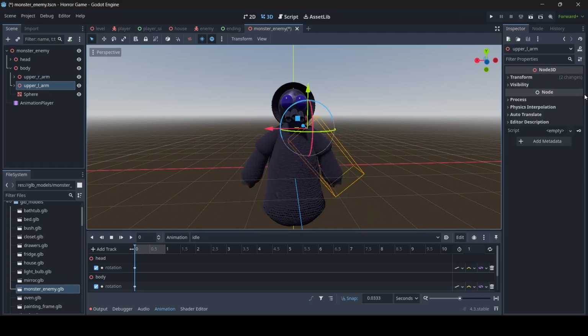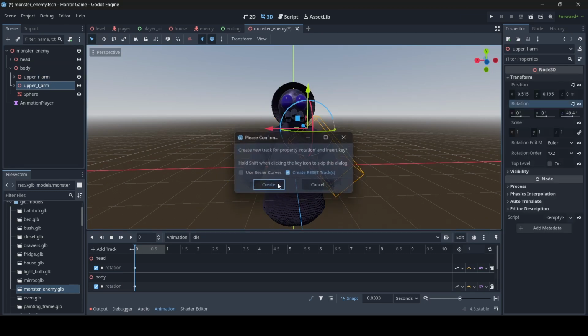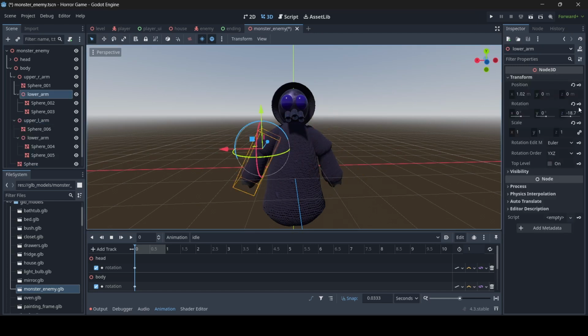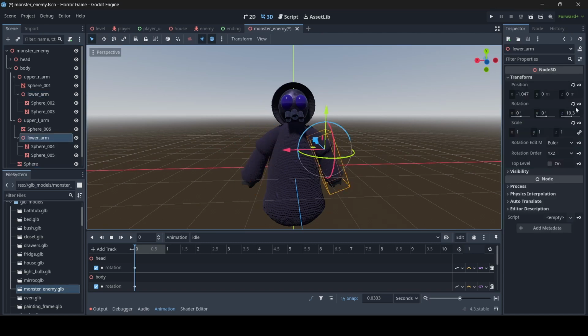So just like this. And there we go. And boom, so now whenever we go into the idle animation, it will now reset to